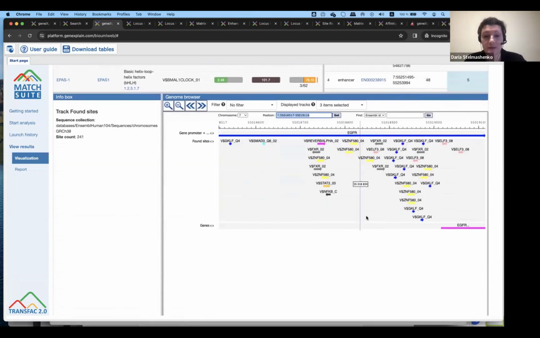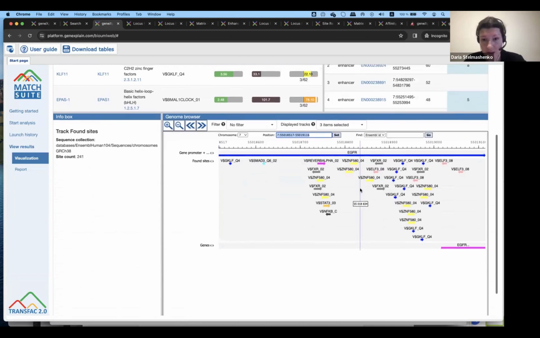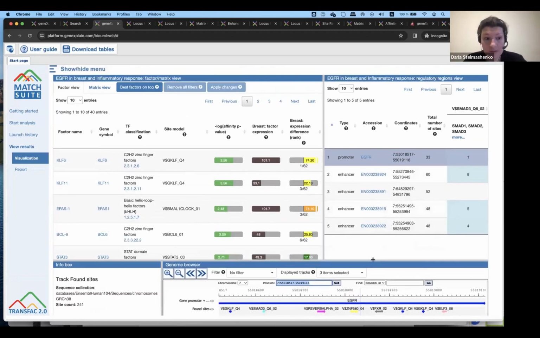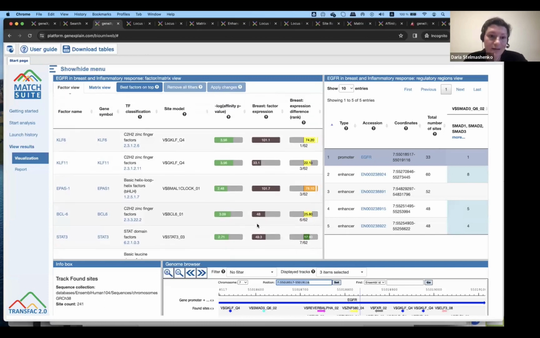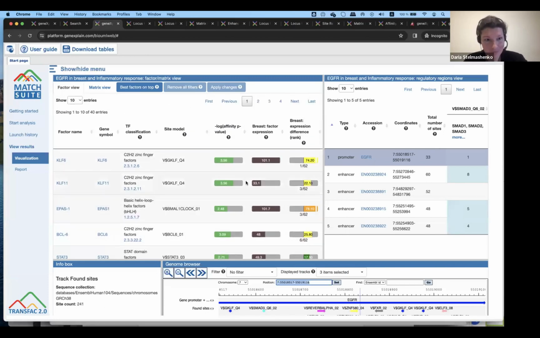If you start comparing the reports produced by the system for each of those cases, you'll realize that they differ very much. Of course, there will be some similarities because we're talking about the regulation of the same gene, but due to the difference in the conditions that you have specified upon the analysis launch, the results are actually different. You have to expect that, and it is actually the advantage of the system, that it is sensitive to the input conditions. I think that from the overview point of view, how the interface looks, how the report looks, and the very brief explanation of the analysis schema, I am done. And I would like to answer any questions that you have